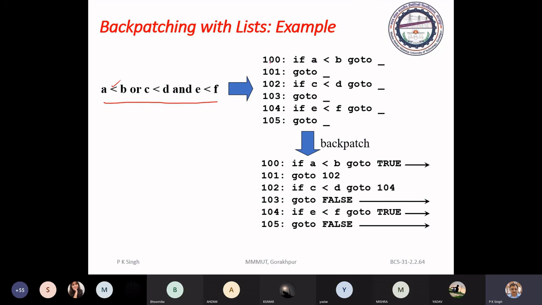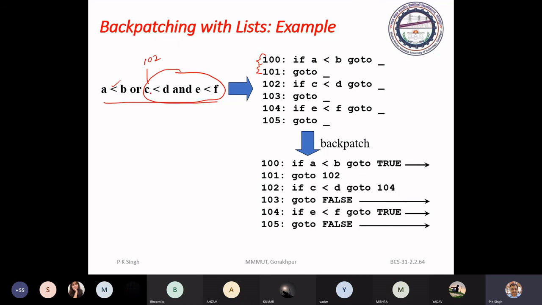But in this case, if it is not, then you have to go to the false list to check the false list. Now here your marker production will record the statement number, that is 102. Here 100, 101. So this marker production for OR will record M 102.